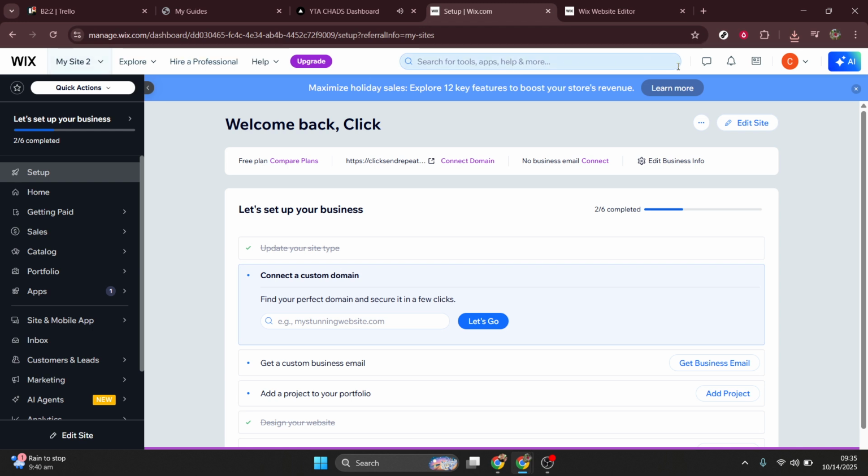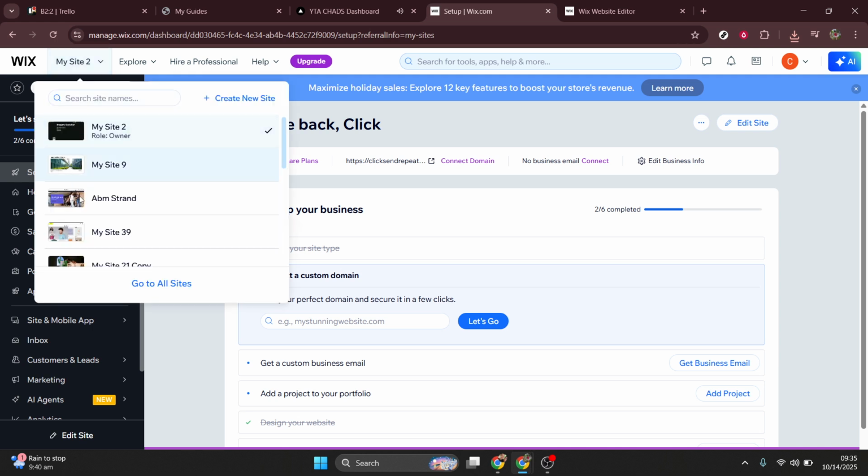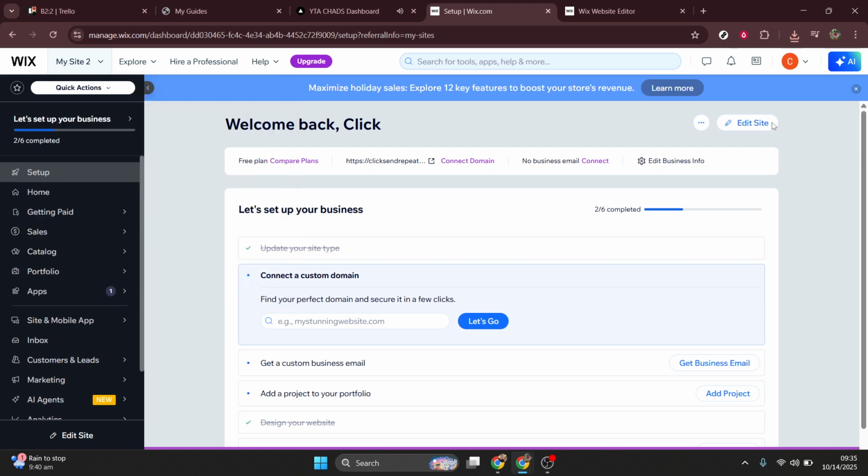So let's dive in. First, you need to start by opening your Wix Studio editor. This is your main workspace where you can oversee and manage how your website is built and customized. Once you're in there, direct your attention to the left side of the screen, which is where you'll find the